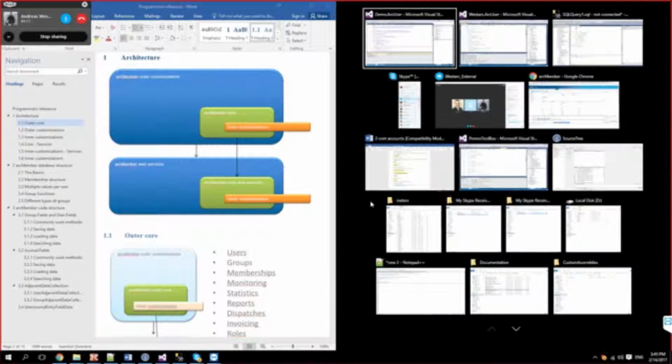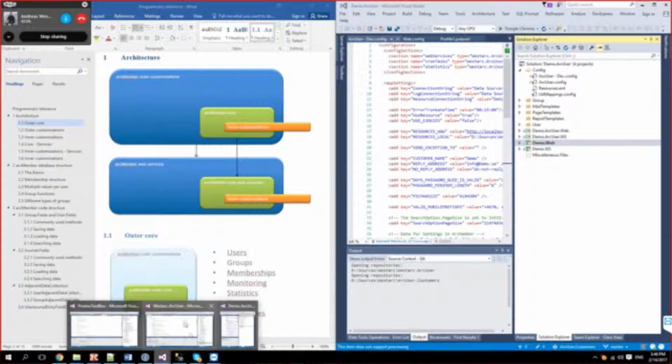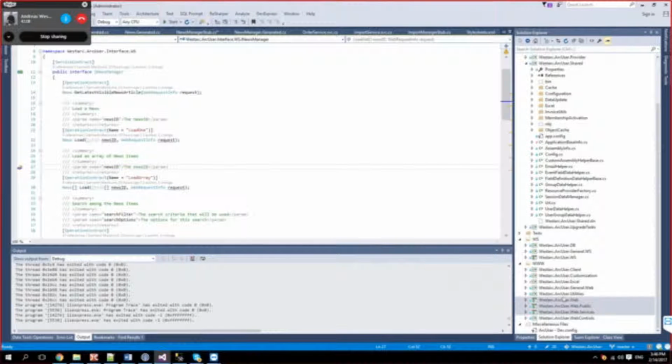The IIS front-end site is pointing towards this one, the customer project. Under the IIS site, we have a virtual application that points to this application.